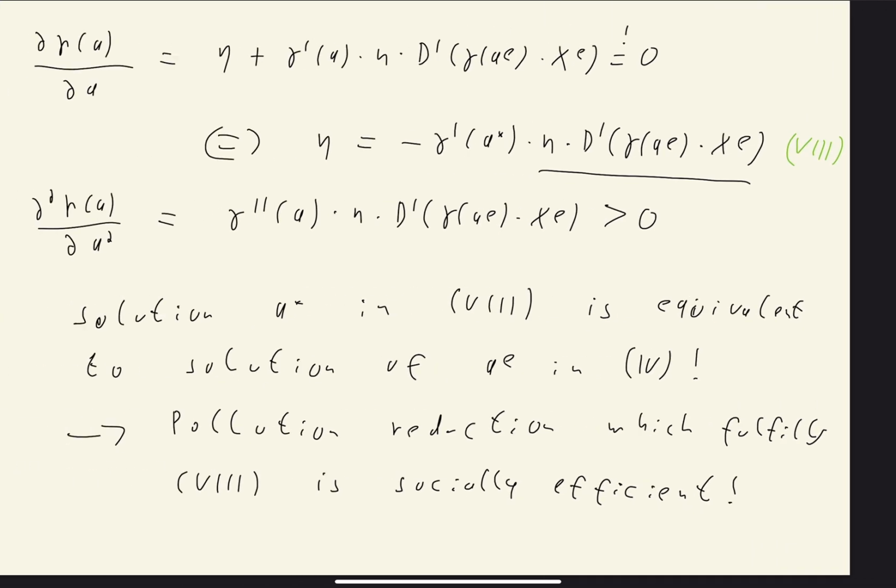Okay, now we need to look into what the consumers are doing given the optimal amount of pollution. So AE, when they are maximizing their individual utilities without directly internalizing the negative externality that their demand is causing on other consumers. So given A star equal to AE and the resulting market price,